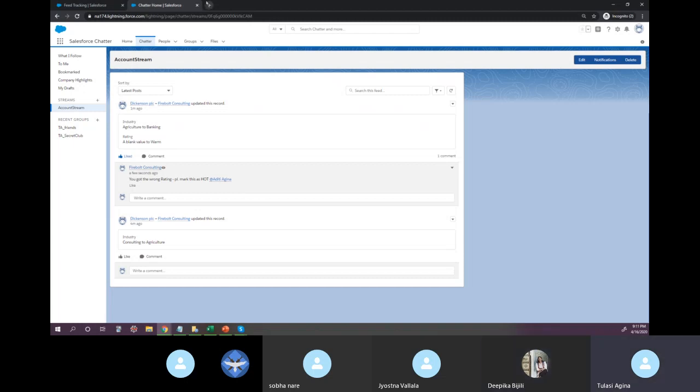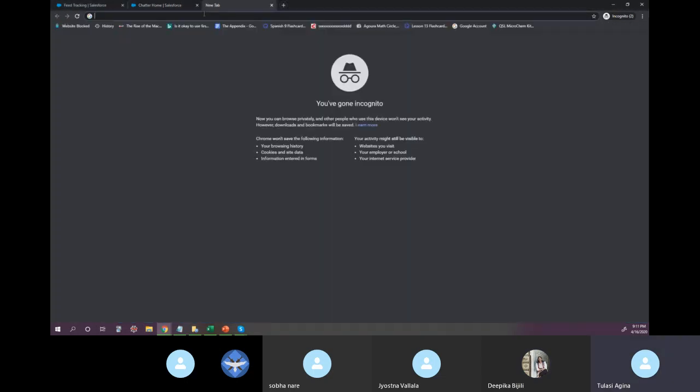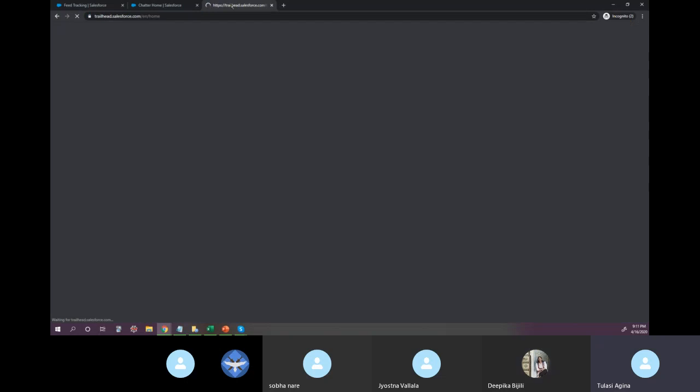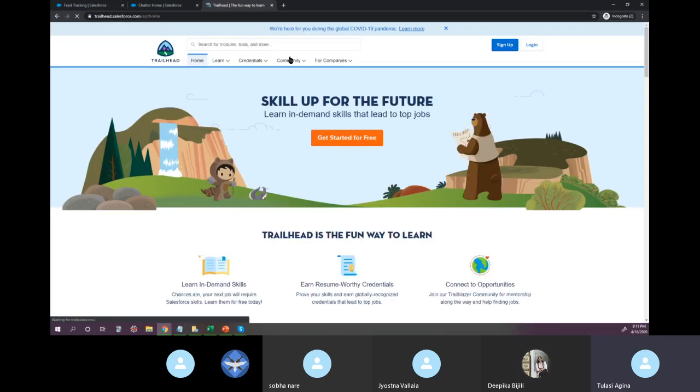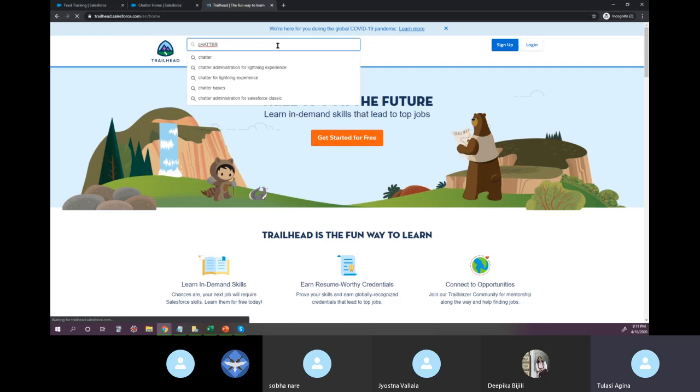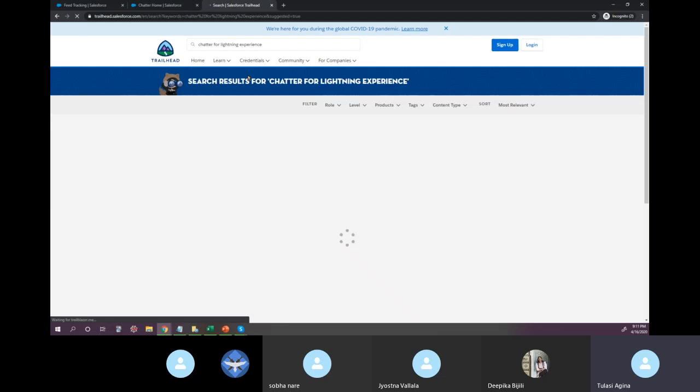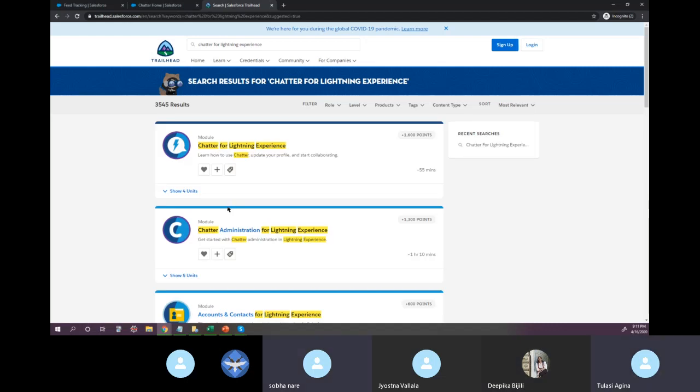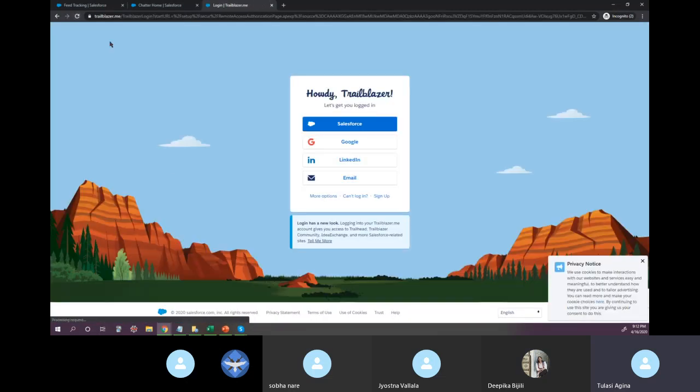Okay. So what I need everybody to do is go to your Trailhead and search for Chatter, and that's one thing you want to do. So Shobha, did you find Chatter within the admin also? No. No? Okay, so these are the two you can do. So one is Chatter for Lightning Experience, the other one is Chatter Administration. Okay, so go ahead and take care of these two. Chatter for Lightning Experience and Chatter for